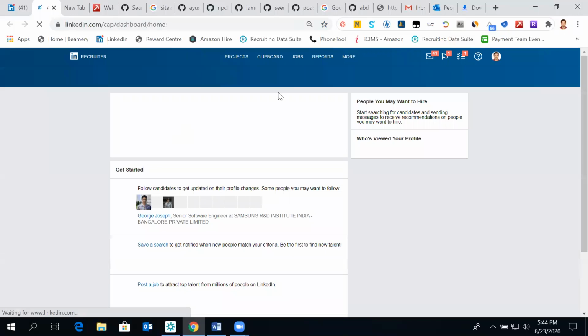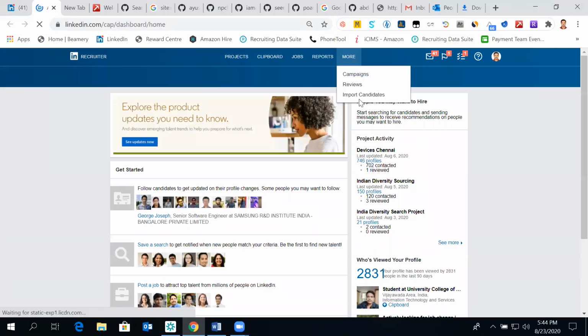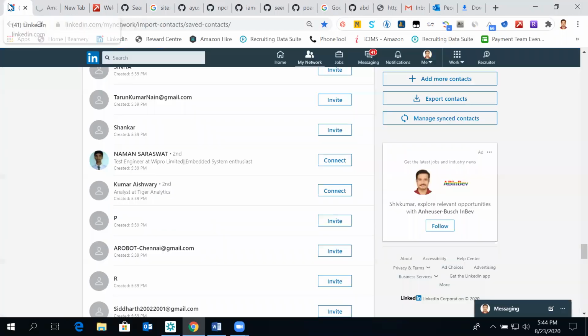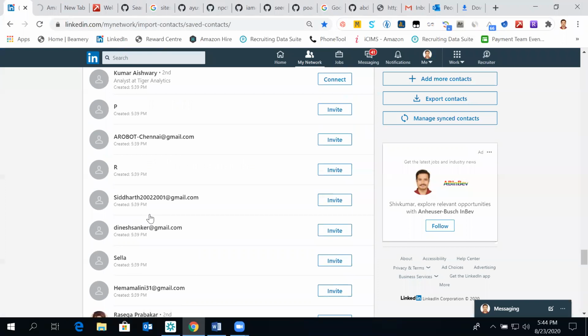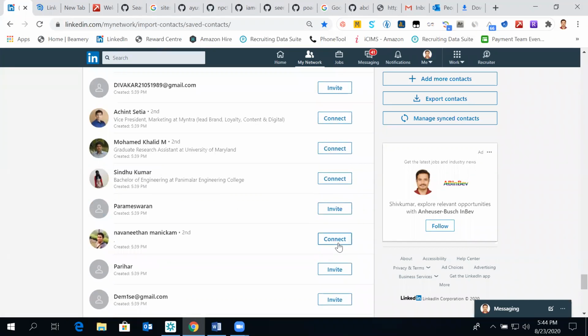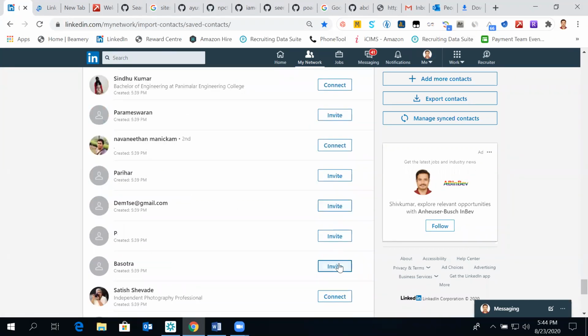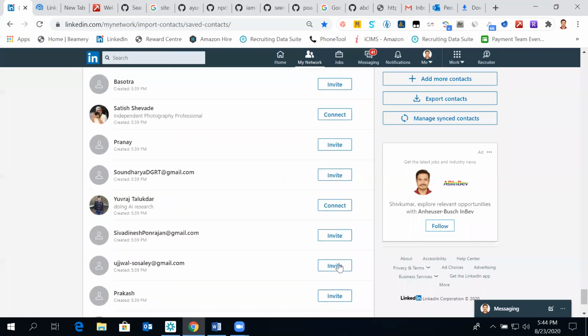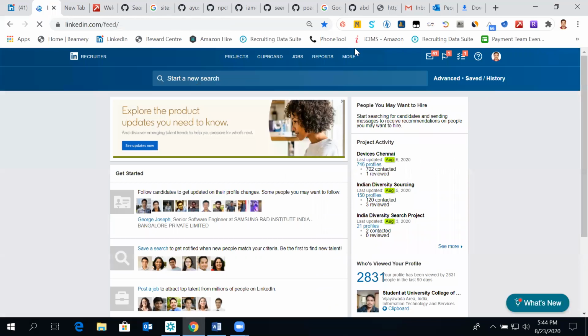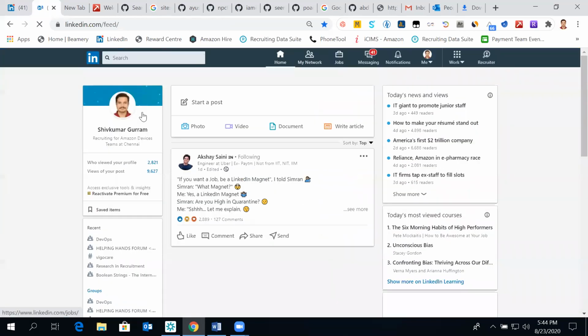Otherwise, I'll just go to LinkedIn Recruiter and see how many people exist on LinkedIn and how many are not, from those 250. So one is on LinkedIn.com. We just saw how to do that. We just imported that particular list. Wherever it's saying connect, those profiles exist on LinkedIn, and wherever we see invite, those profiles do not exist on LinkedIn. And if I have Recruiter, similarly, I'll just go.